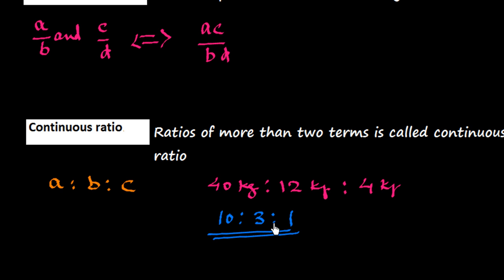When more than 2 terms of the same kind of physical quantity are being used, then we use the continuous ratio. So in this session we have studied the different types of ratios. We have studied what is ratio, how we could express the ratio,